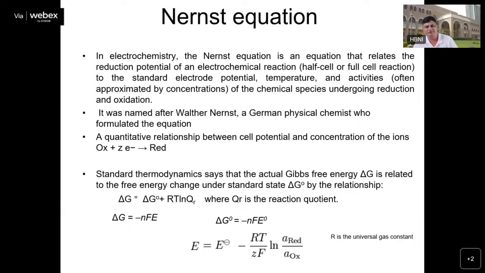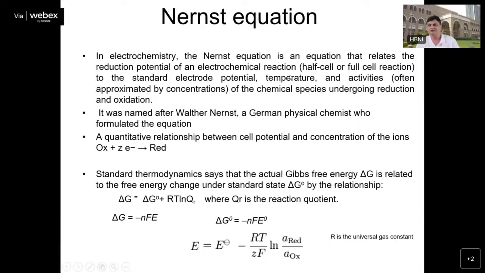This is very basic, before going to the electrochemical techniques for measurement of various kinds of analyte, and in this case, the Nernst equation. The Nernst equation is an equation that relates the reduction potential of an electrochemical reaction to the standard electrode potential, that is E and E naught,